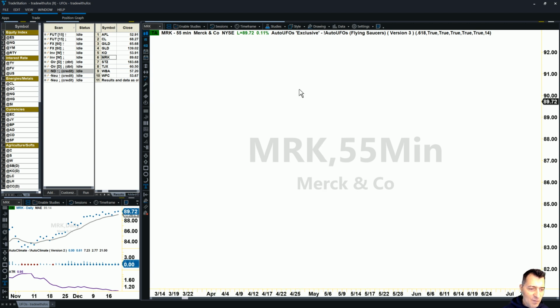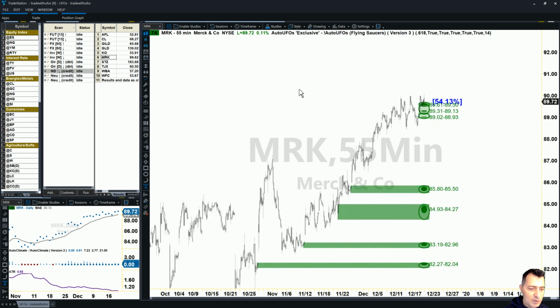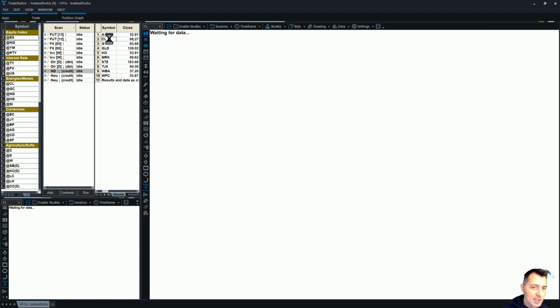And if I fast forward in time all the way to the current date, I'm just fast forwarding to the right side, notice that we got no red UFOs above. Okay, so even though we do have a little bit of price action above, there are no UFOs, and therefore a non-directional trade would not be valid with Merck. And therefore the next one, which is the last one we're going to check, is Colgate Palmolive,